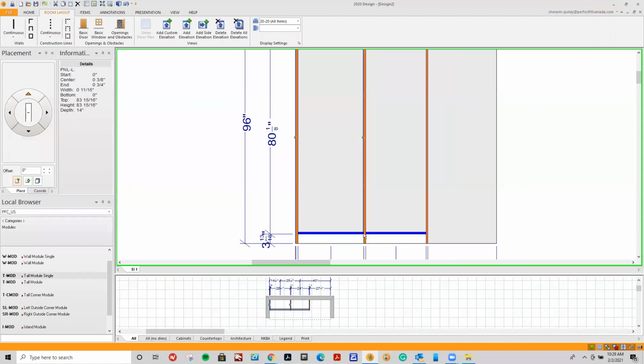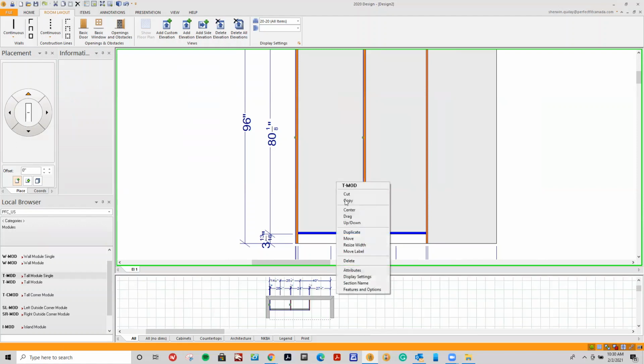You can see that I have a small guideline right here, which confuses some designers. But this is simply a guide because we reshifted the entire module from a 1/4 inch clearance on the right to the left. To make things less confusing, the best thing to do is to right-click on the module, click on your attributes,